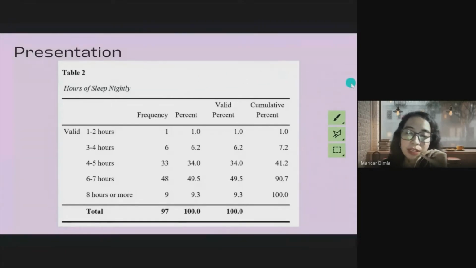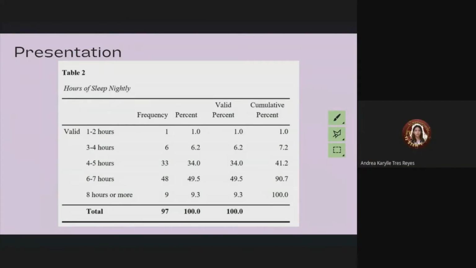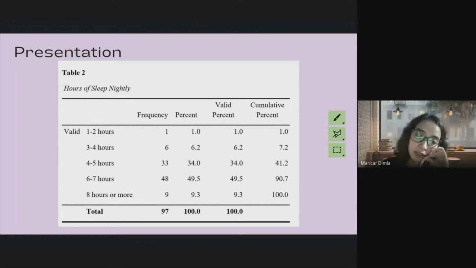Sige nga, based on this data, imagine nyo nga, identify sa majority of the respondents here, anong oras ang meron lang silang tulog? Yes, Andrea. 6 to 7 hours po. 6 to 7 hours. Healthy pa, no? Kasi ang ideal is 8 hours. Pero alarming na yung part ng sa 4 to 5 hours, kasi siya na yung pangalawa. Ano kayang ginagawa ng mga bata na to? Bakit ganitong oras na lang yung tulog nila? Ang sarap aralin ng study na magiging findings nito, class.